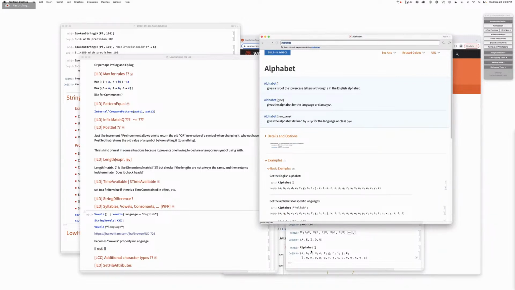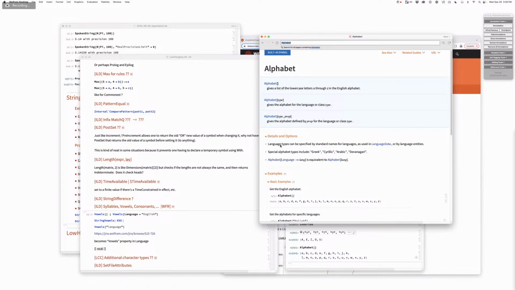I would argue that this could be an actual thing, just like we have alphabet. It just seems like a useful thing to have, the list of vowels, the list of consonants. Or possibly that it is part of alphabet. Yeah, that's what I was going to suggest, just like random word. You can say part of speech, then alphabet, you should be able to say,